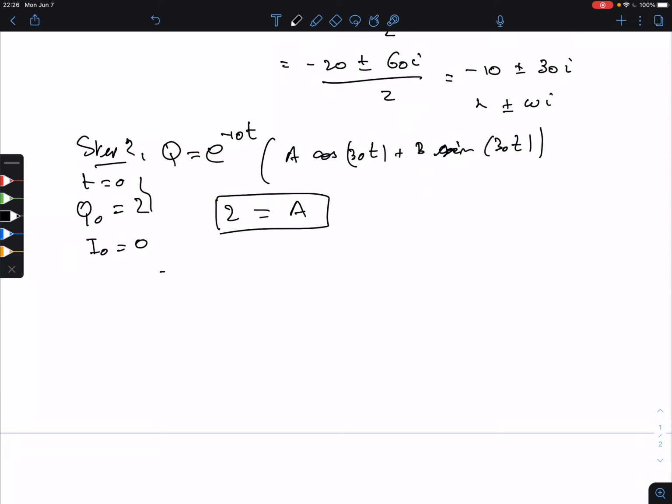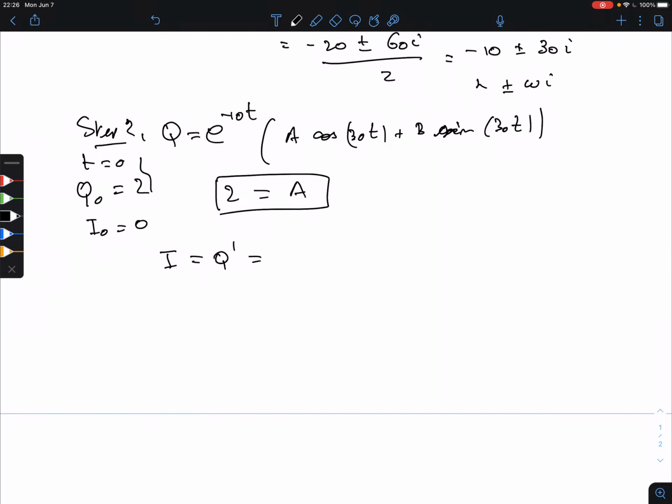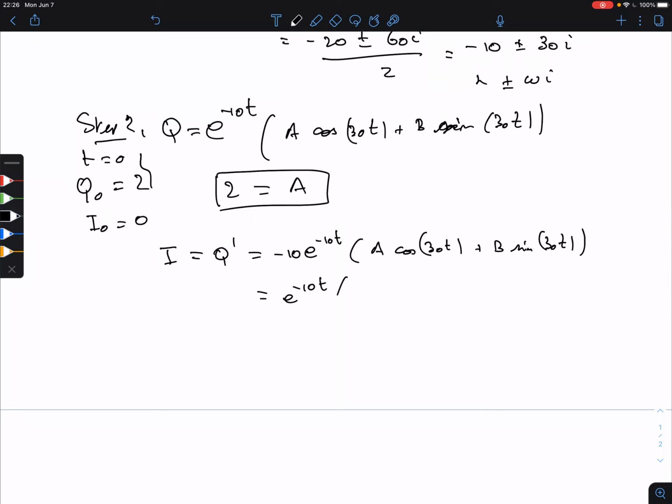Now we have to take the derivative, but I'll already write that is I, so that's good to know that we have that there. Now that takes some calculation because there is a product here, so we have minus 10 e to the minus 10t, and then just copy these guys. And then we copy the first factor and take the derivative of the second. That is, the derivative of cosine is minus sine, so this minus 30a sine 30t, and that is plus 30b cosine